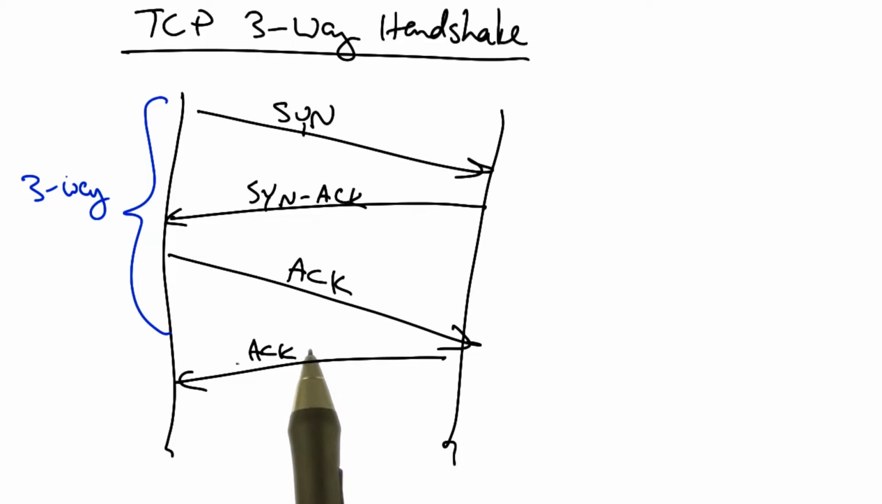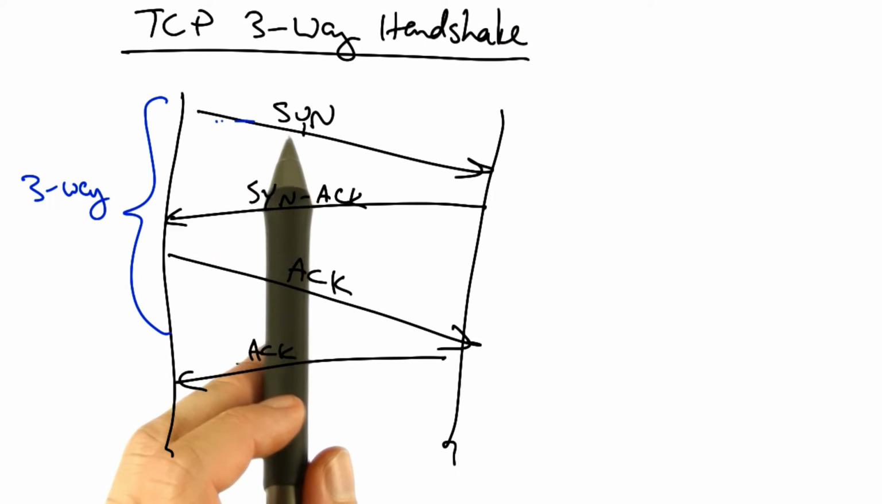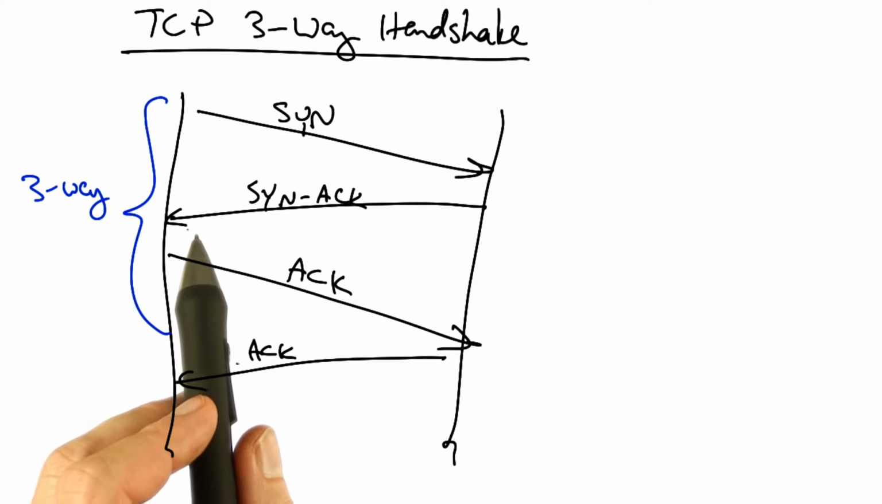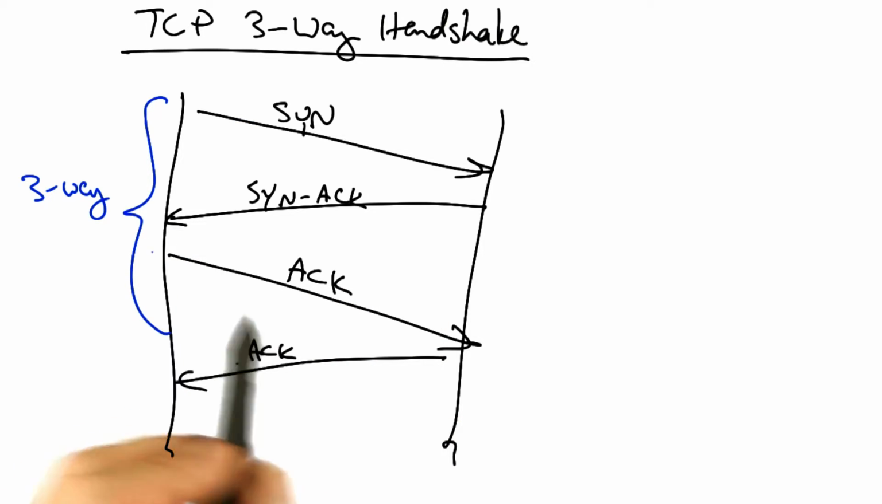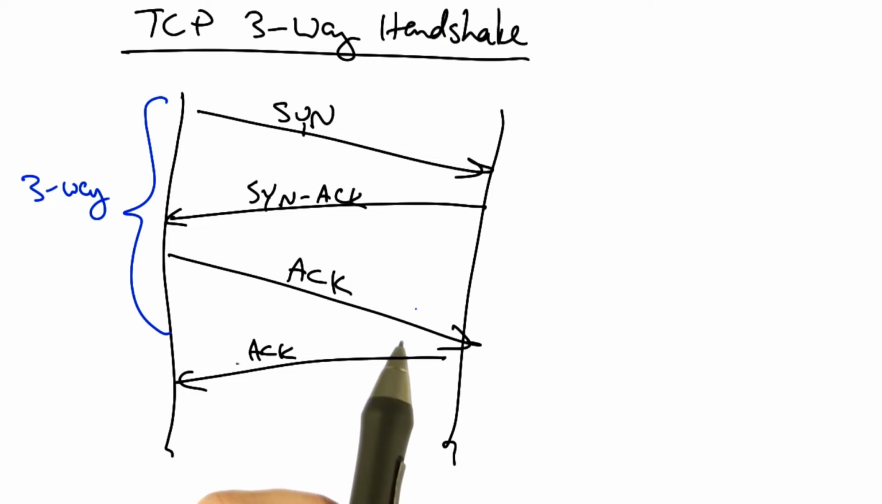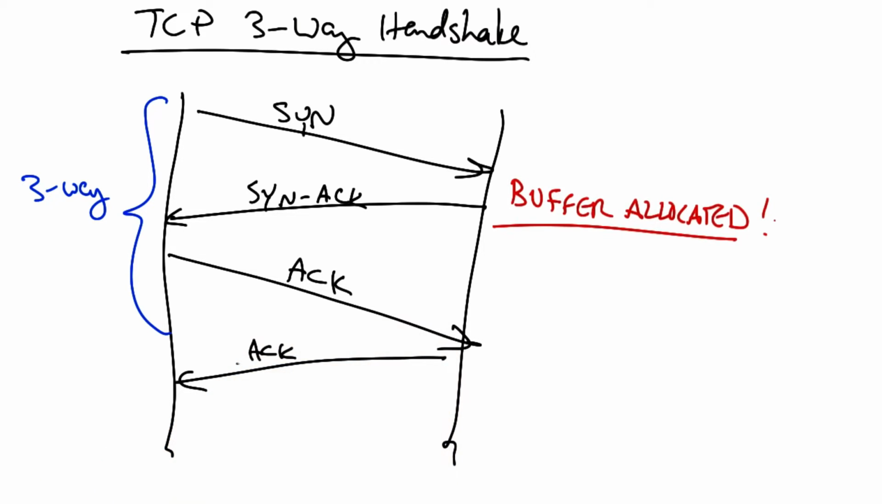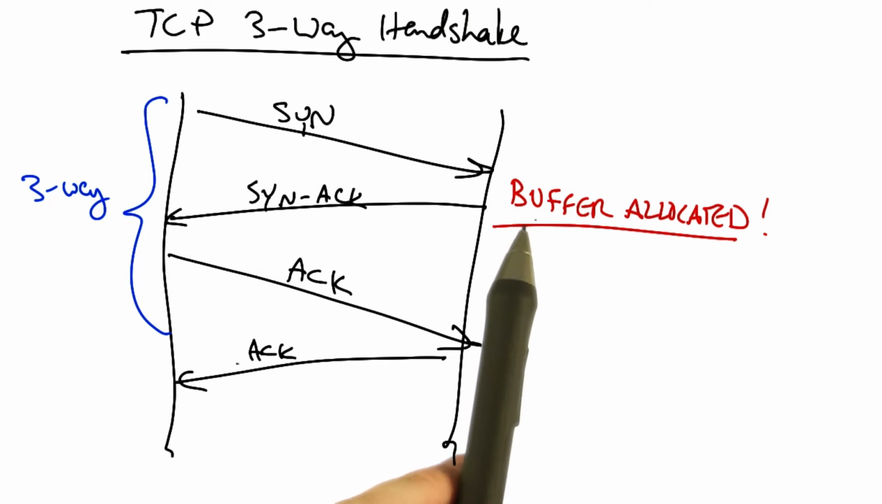So in a typical TCP three-way handshake, the client sends a SYN packet to the server, which responds with the SYN ACK, and the client then returns with an ACK to the SYN ACK, at which point the connection is established. The problem in a typical TCP three-way handshake is that the client can send a SYN and cause the server